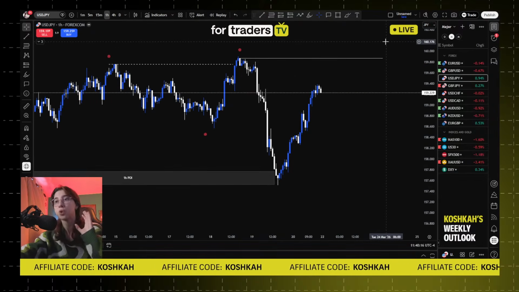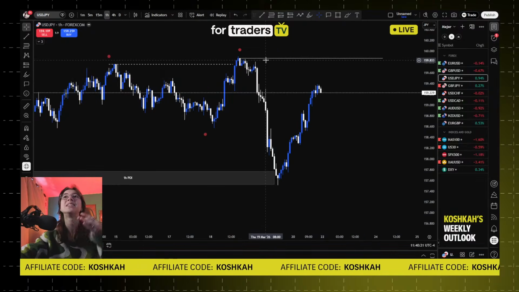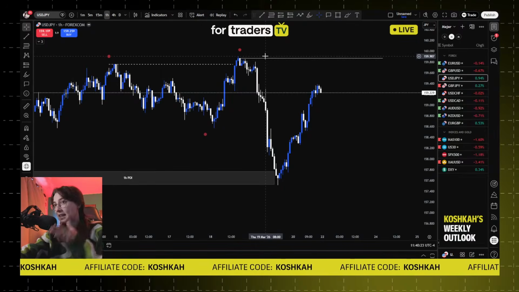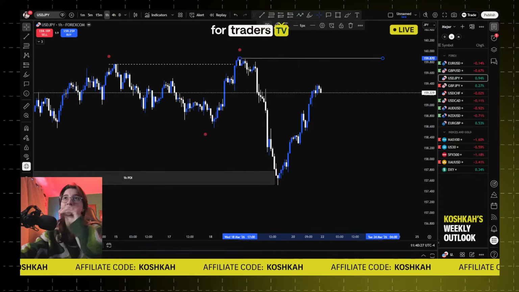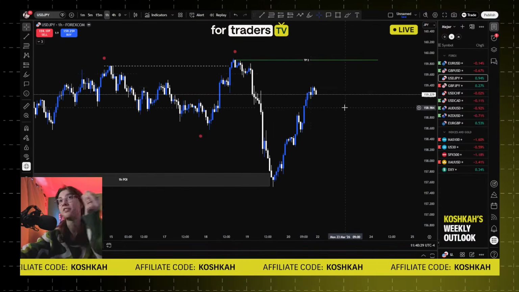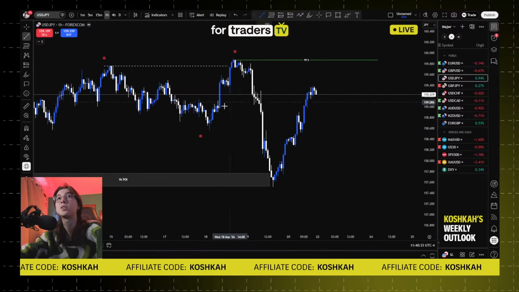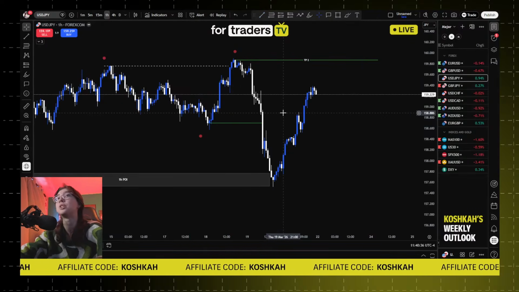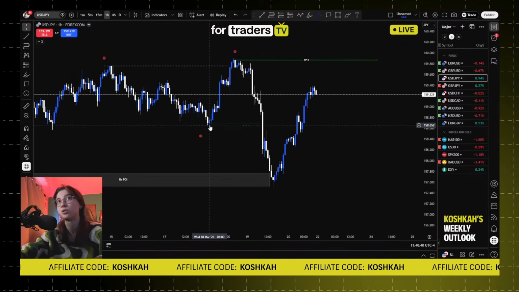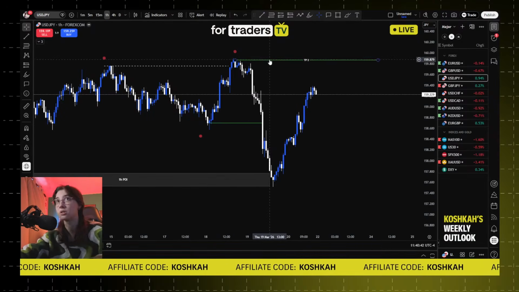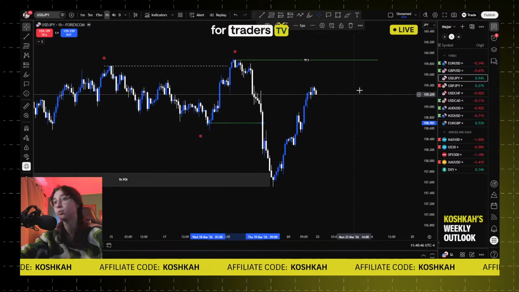According to the rules of my strategy, a trade is still valid as long as it did not reach the hourly high that is supposed to be as well your take profit final. So as you can see right here, this is the take profit final, the hourly high, and it makes sense because we are on the 1 hour time frame, and the last break of structure to the downside happened here. This is the high connected to the previous low that has been broken, and this is the hourly high for a take profit final.